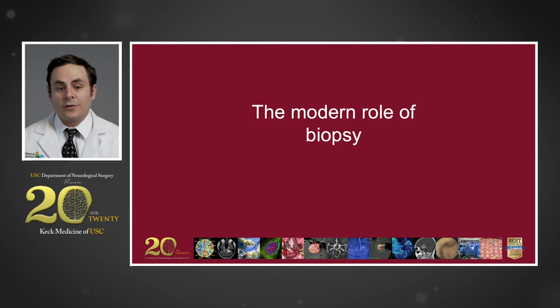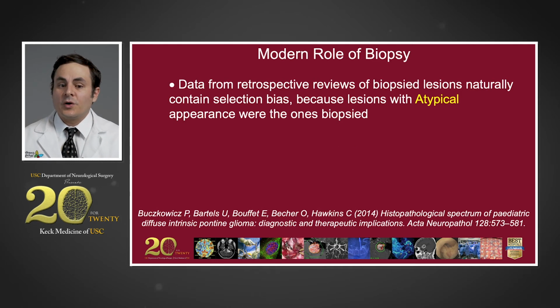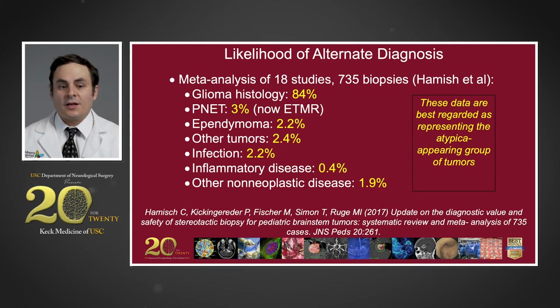Let's discuss a little further, then, the modern role of biopsy. Data from retrospective reviews of biopsied lesions naturally do contain selection bias, because the lesions historically with atypical features were the ones that were biopsied. With that in mind, a meta-analysis of 18 studies was published with 735 biopsies in all, and they showed that certain pathologies such as the expected glioma histology was present in 84% of cases. However, other pathologies, including